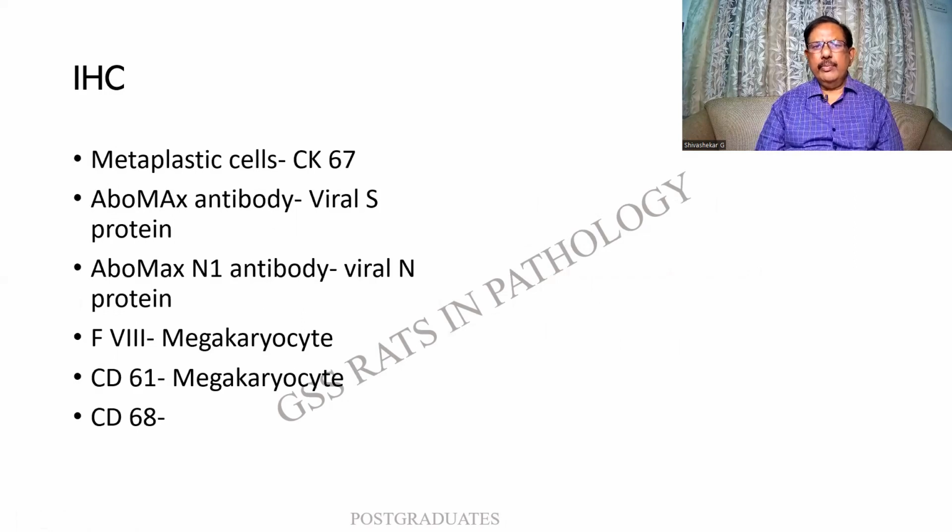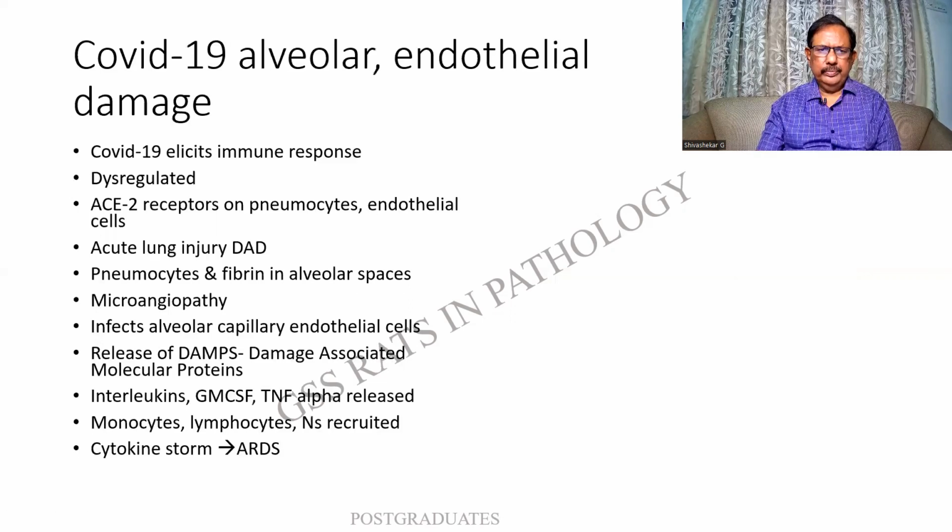Immunohistochemistry. Already there is a paucity of tissue. Autopsy is highly restricted, and therefore doing an IHC on this for confirmation is a great ordeal, and hats off to those people who have done it. And these are the markers which you will have to mention. In your answers, you can kindly mention these markers and the cell that it is used for. Factor 8, for example, for the megakaryocyte or the endothelial cell. CD61 again for the megakaryocyte. Sometimes for the viral protein, there is a marker that is being used.